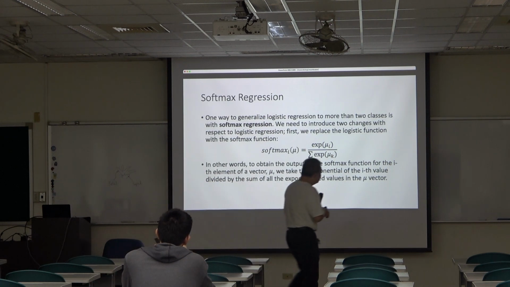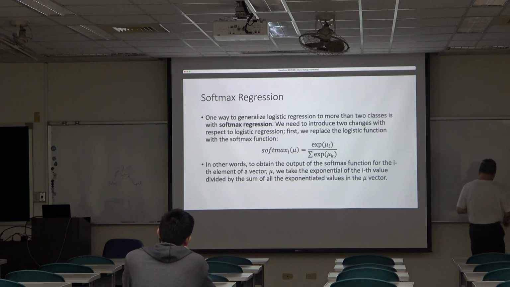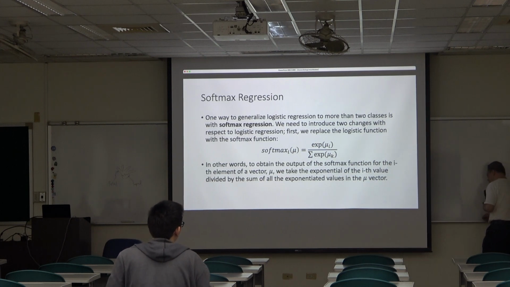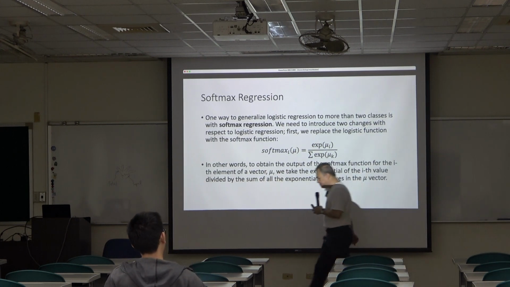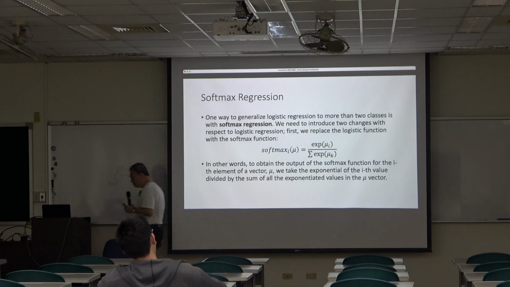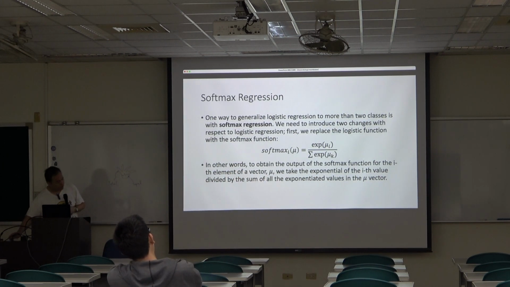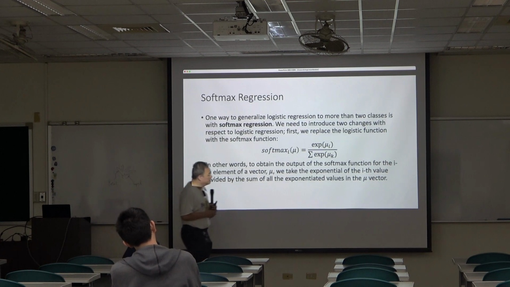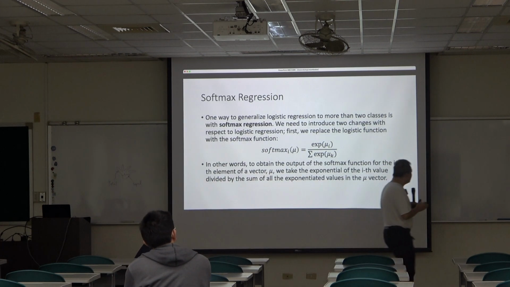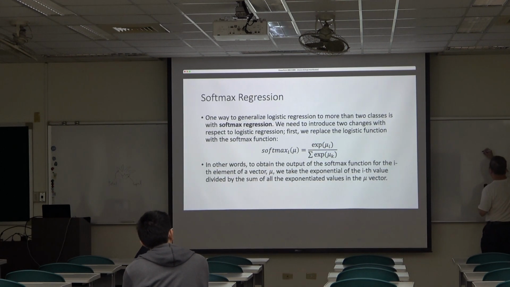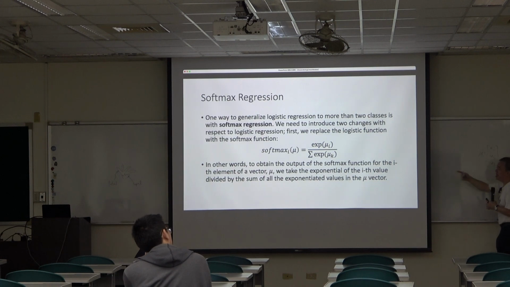So say if your mu vector is like mu1, mu2, mu3, for example, and you apply this softmax